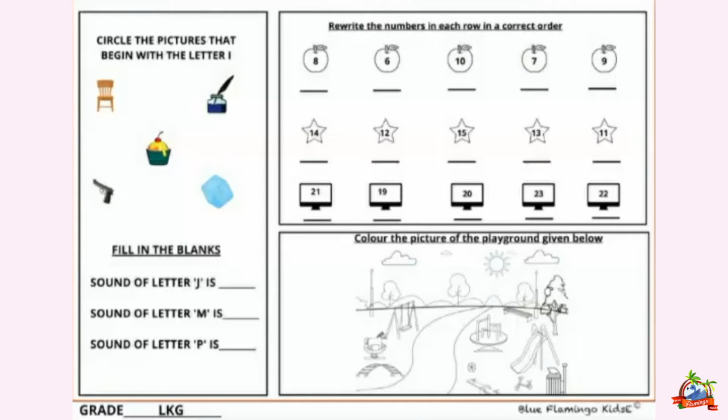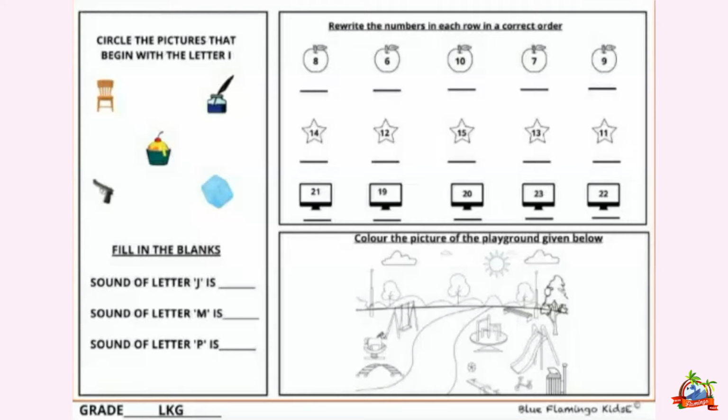Okay, now everyone, let's revise alphabet A to Z with one letter, with one word. A for apple,